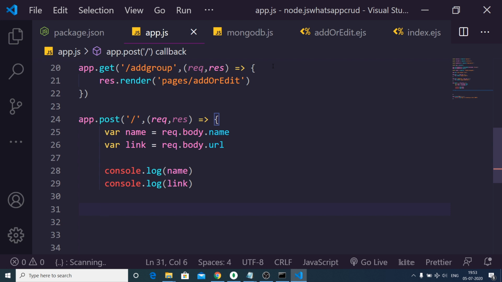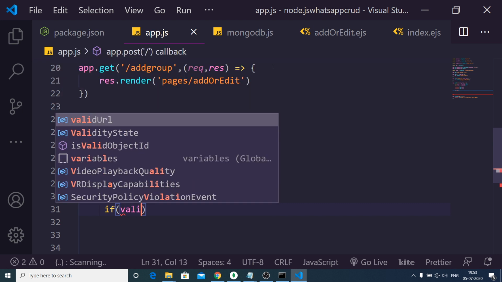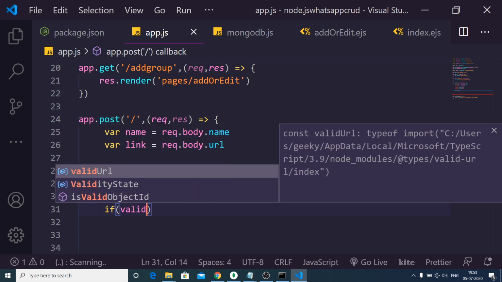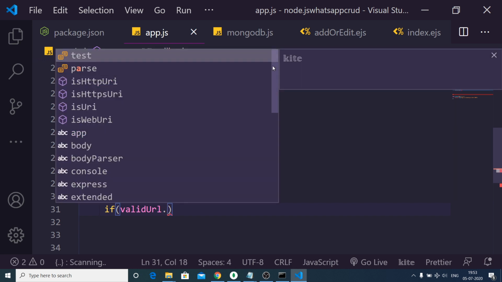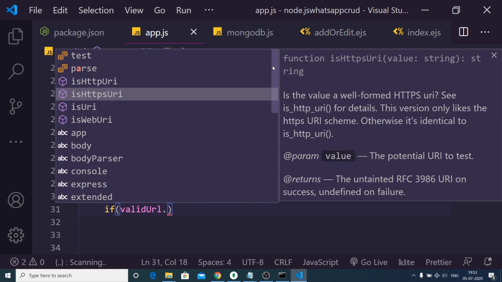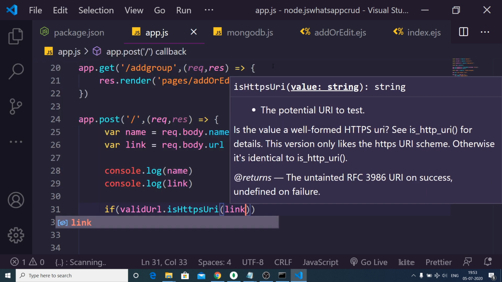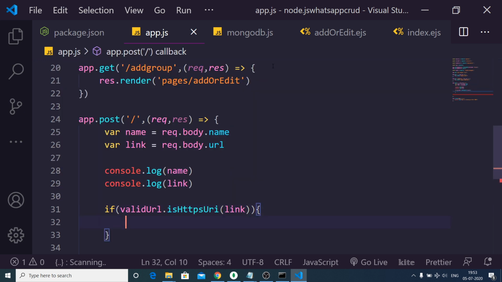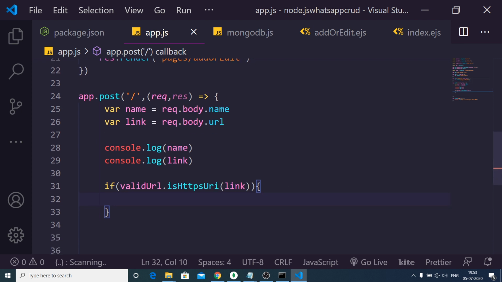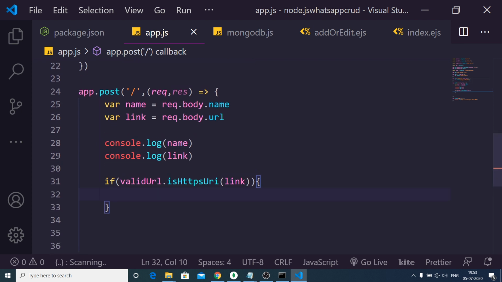Let me just show you. Just wait. You can see that. Inside the if condition, we will have a condition validUrl dot, and inside this there is a function, isHttpsUri, and here we need to pass our link. Basically it tells us whether it is a valid HTTPS link or not. If it is a valid one, then we will proceed.